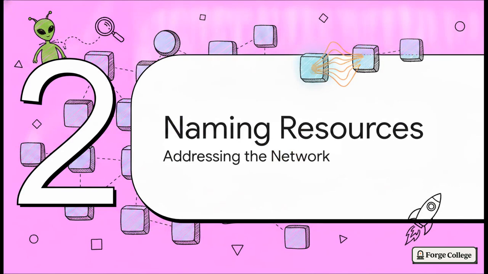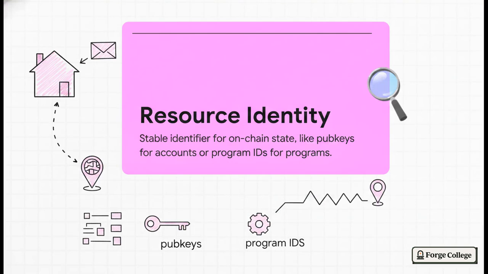Moving right along to Section 2, Naming Your Solana Resources, Addressing the Network. Now that we know what our goal is, we have to determine how our clients will actually address and locate this alien on-chain data across the network. This brings us to a super important concept, resource identity. Think of it like this. You wouldn't expect a mail carrier to deliver a package without a precise street address, right? Same thing here. Every single piece of Solana state requires a stable, canonical identifier so we can create a clear,